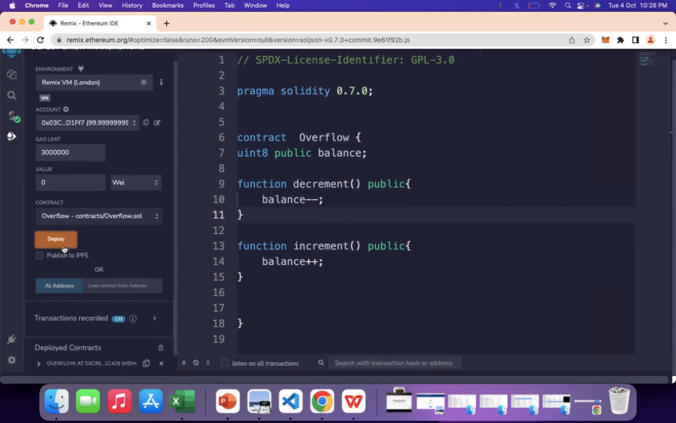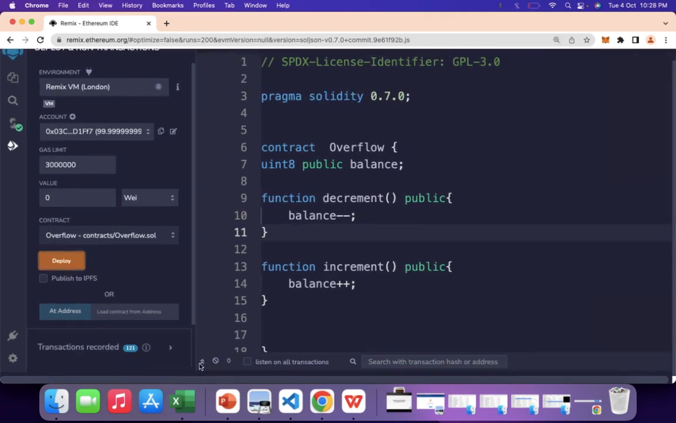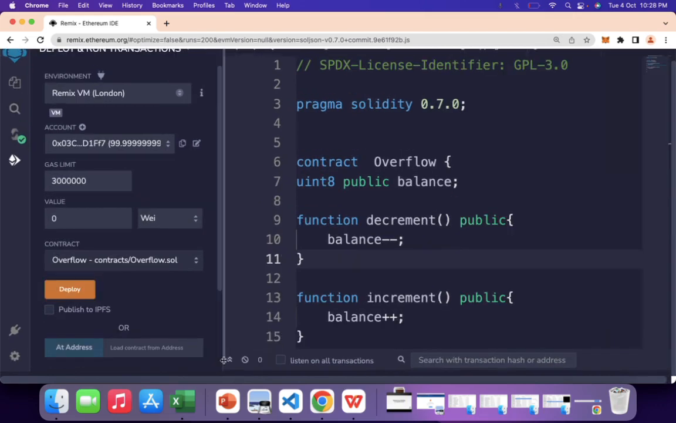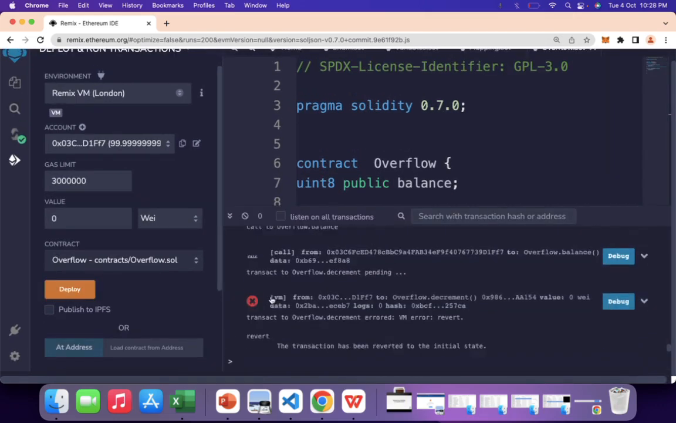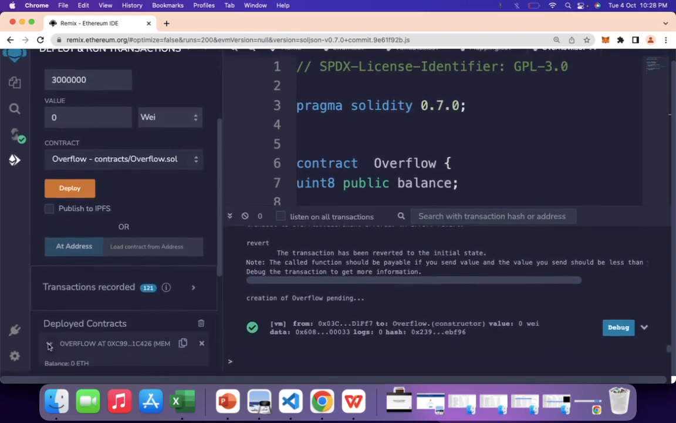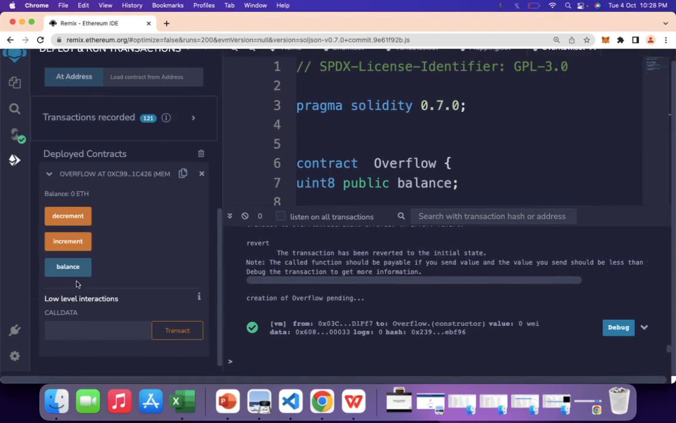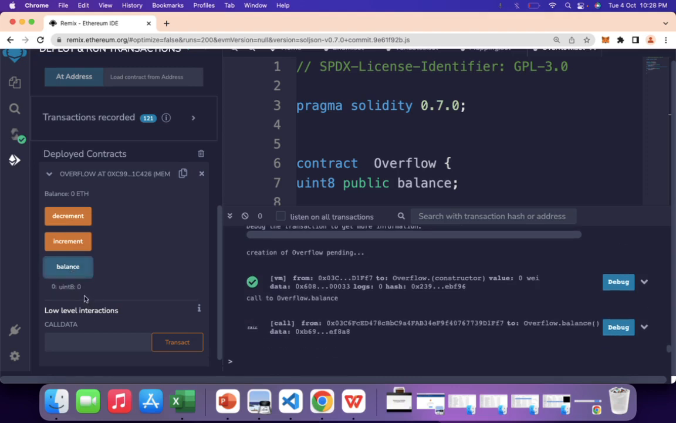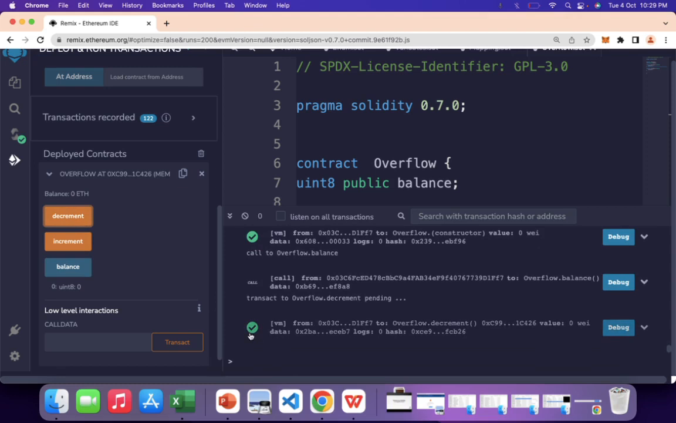So let me deploy and zoom this, and let's open the console. Now the moment I have deployed this, let me expand this. See, 3 buttons have been created. This will show you the value of balance, and this is increment and decrement. Now when I click on balance, we can see that the initial balance comes out to be 0, right? Which is fine. But the moment I click decrement, you can see a green tick has appeared over here in the console,